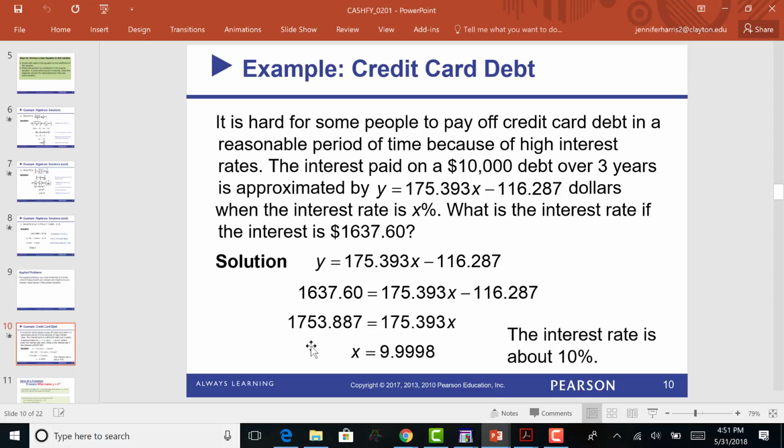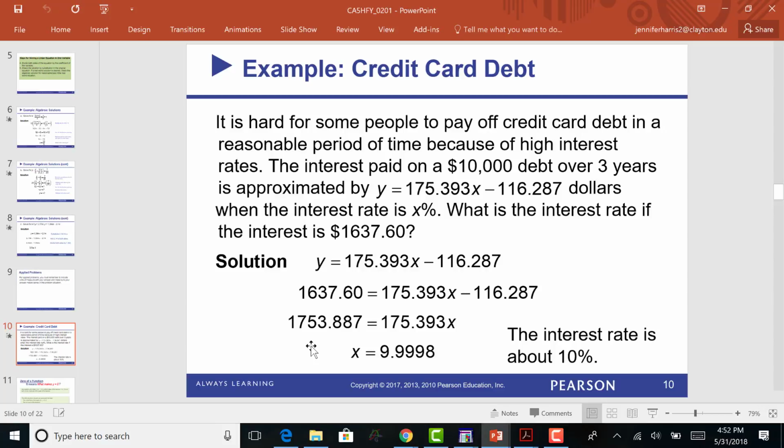The interest paid on $10,000 worth of debt over 3 years is approximated by the function y equals 175.393x minus 116.287, in dollars, when the interest rate is x%. What is the interest rate if the interest is